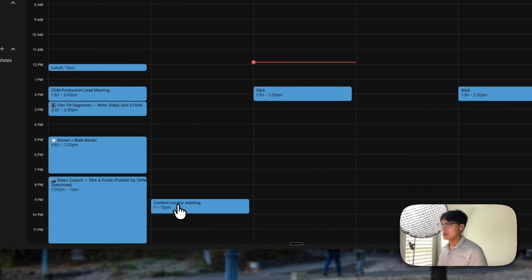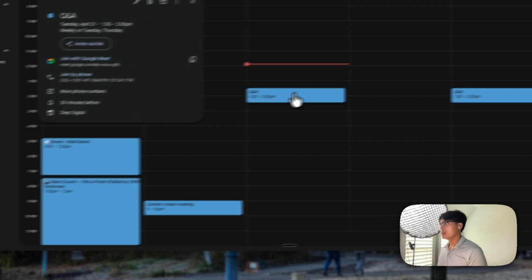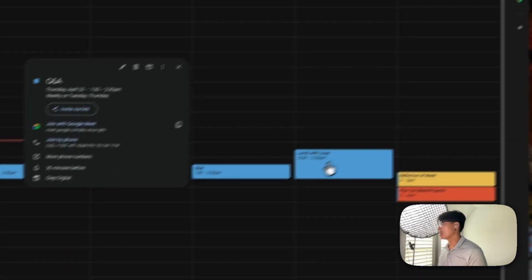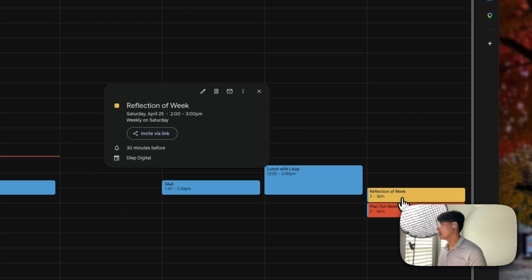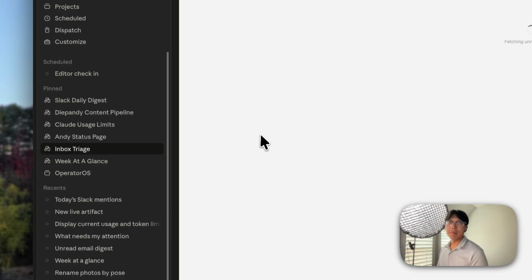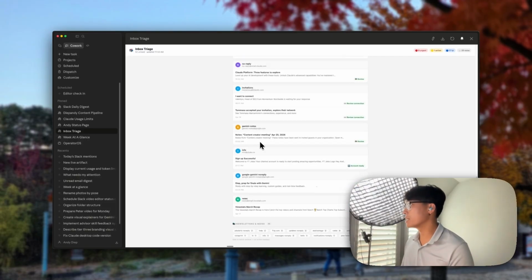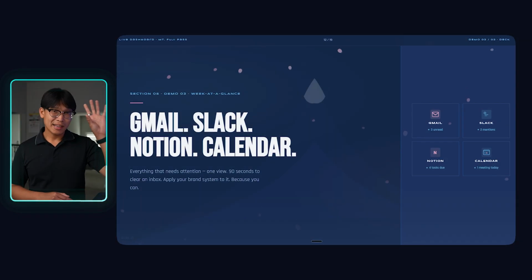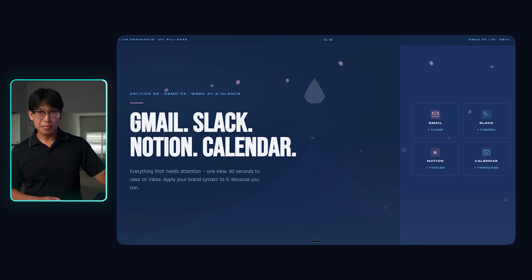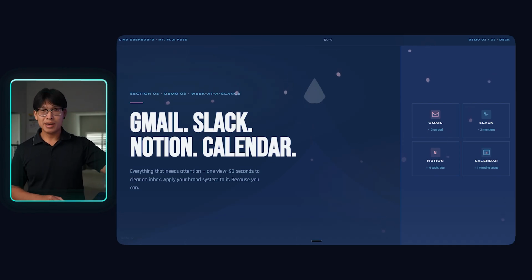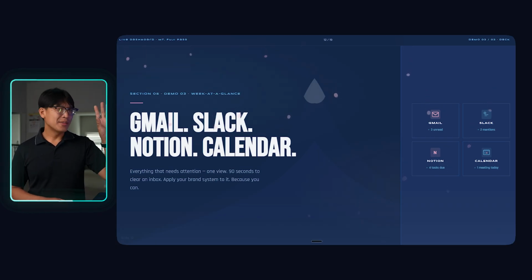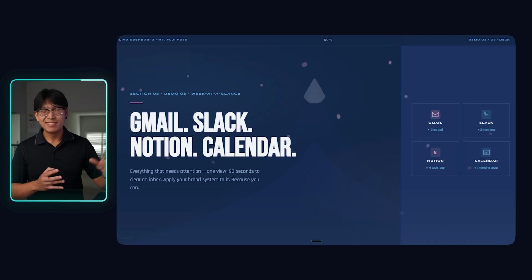It has Monday, Tuesday, Thursday, Friday, and Saturday. Then our inbox triage. It looks through and classifies all of the different things that are happening inside of our inbox. And the cool thing was that I can act on it directly. I went through my inboxes, I marked emails as read right from inside the artifact. Claude went to the browser, executed it, and the artifact updated. The whole inbox cleared in about 90 seconds.